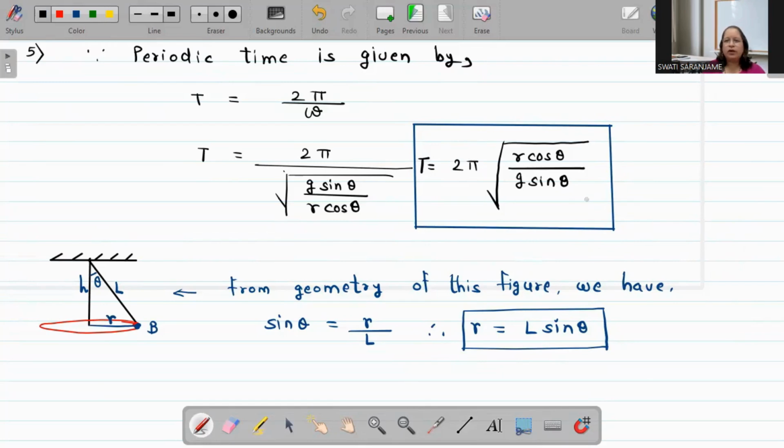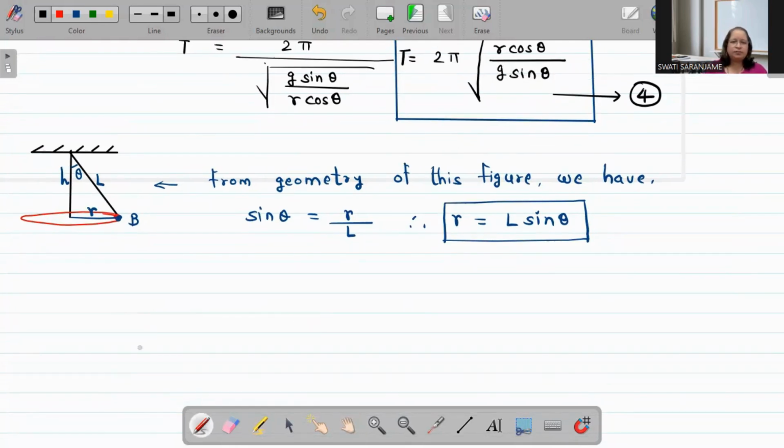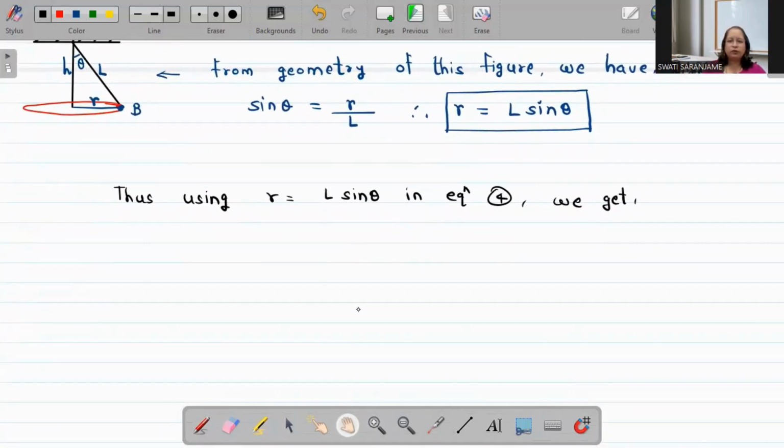T is equal to, and this equation, let us call this equation 4. So if we use this r as L sine theta in equation 4, what we get is this. Thus, using r equal to L sine theta in equation 4, we get, or you can say, substituting r equal to L sine theta in equation 4, we get T is equal to